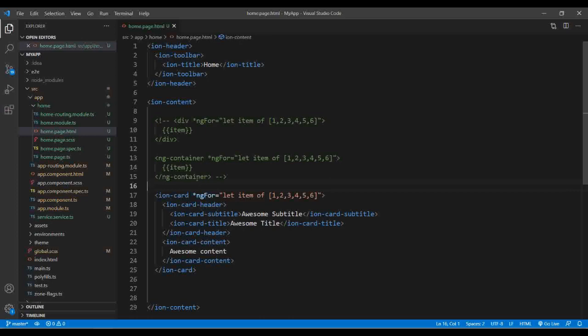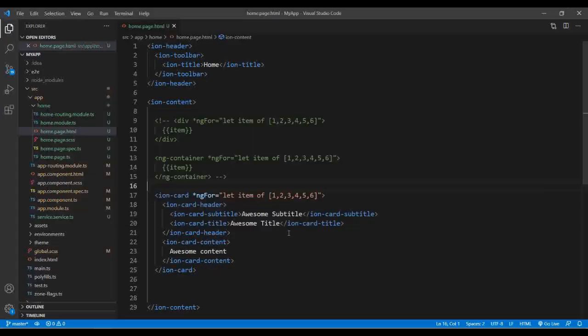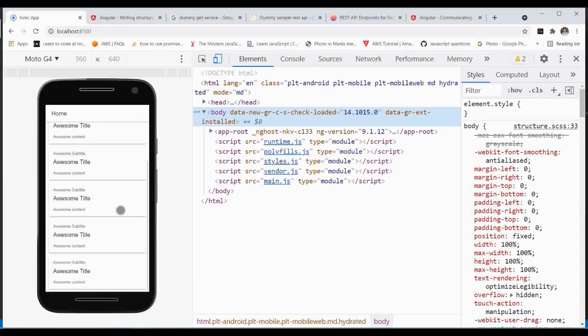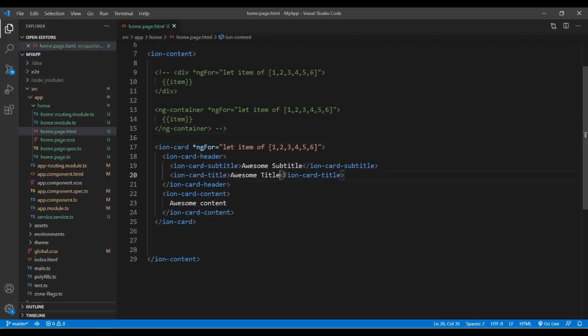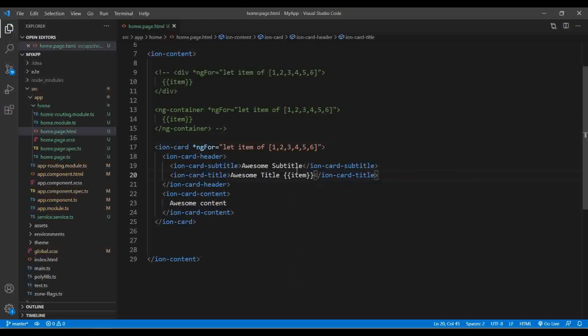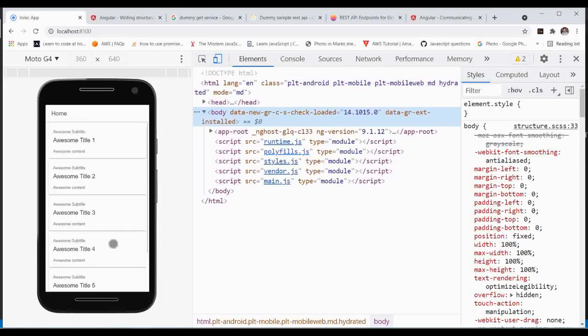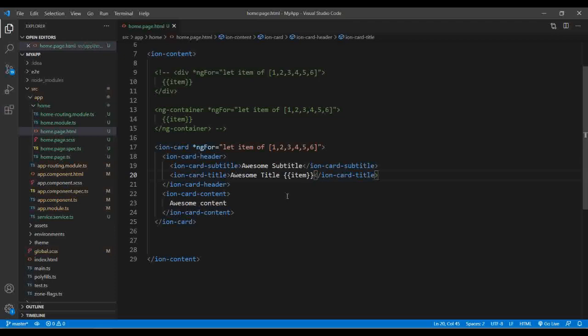So you can, it's your choice, you can use the container or the div, doesn't matter. But how can we differentiate what the card number is? With this title I'm going to use the item. Let's say this is 1 2 3 4 5 6. But every time we are not going to bind or have our data